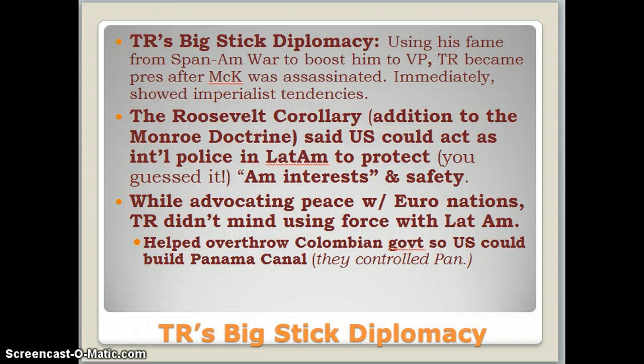It's kind of tricky, but it's that whole speak softly and carry a big stick. He didn't use the stick, he just held it up and said, "See this stick?" It was the threat of violence. Okay? He's kind of acting like a bully, but not actually doing any real punching or hitting with the stick. Right? It worked. But if you were Colombia, you really didn't like it. If you were the Panamanians, you loved it.